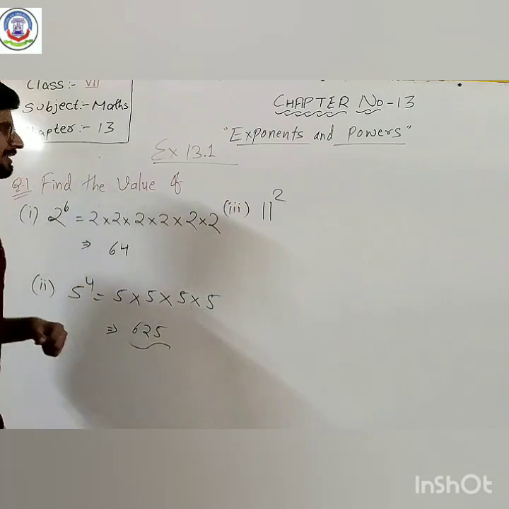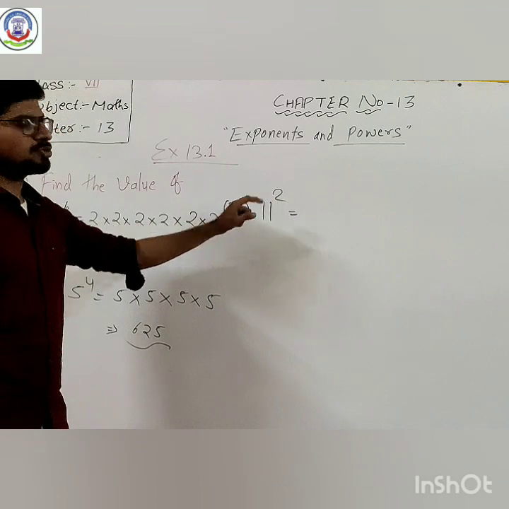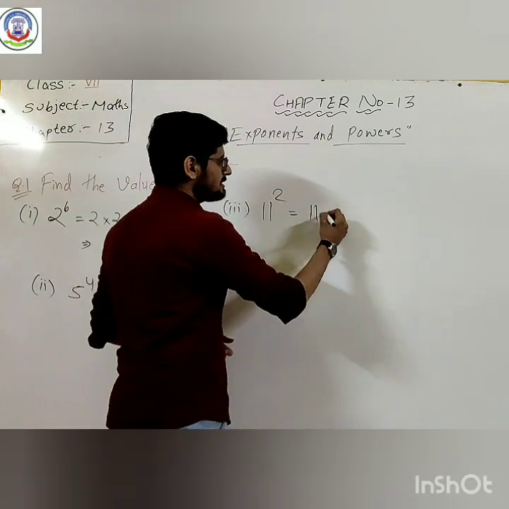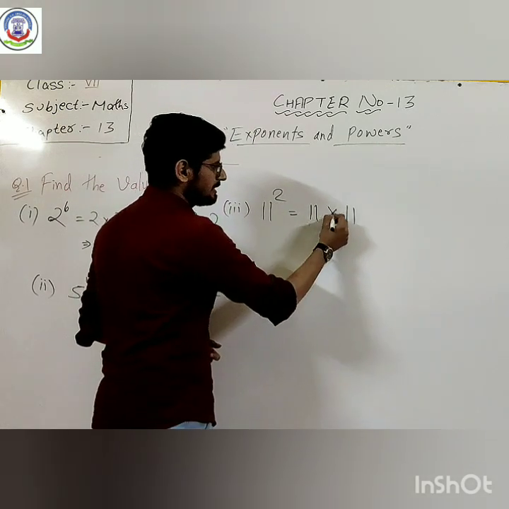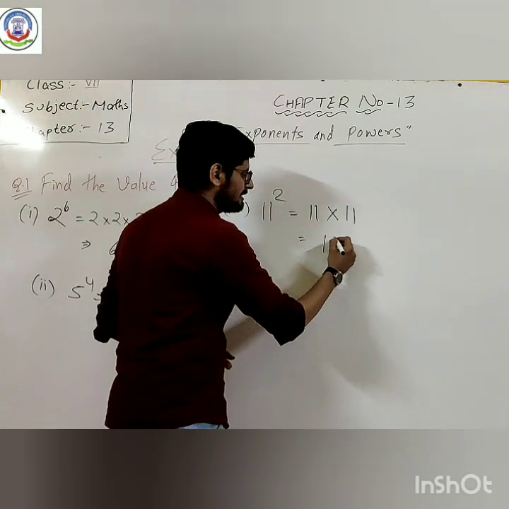Okay. Now 11 square. 11 square means 11 raised to the power 2. So which number is this? 11. How many times can I write it? 2 times. And in between, multiplication. So 11 multiply 11 is